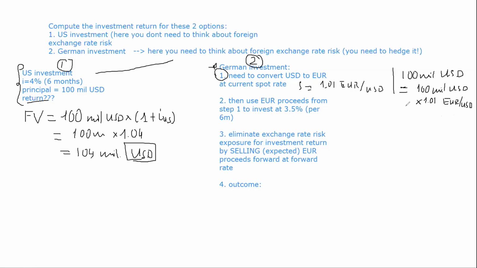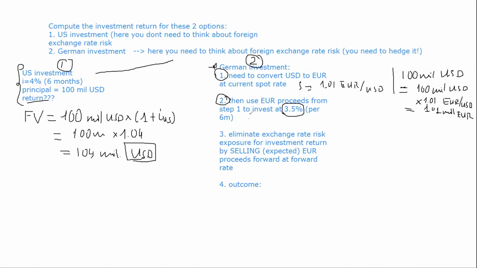Okay, so if I want to find the equivalent euro amount, it will be 101 million euro. Okay. So after I have converted my USD into the euro, I'll take that money to invest in a government bond. I'm going to buy a government bond now, and I'm going to hold it for 6 months. At the current interest rate of 3.5% for 6 months, I expect to get,